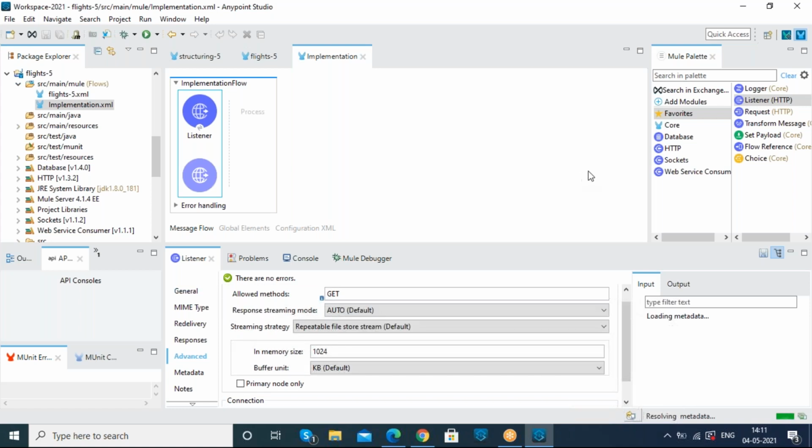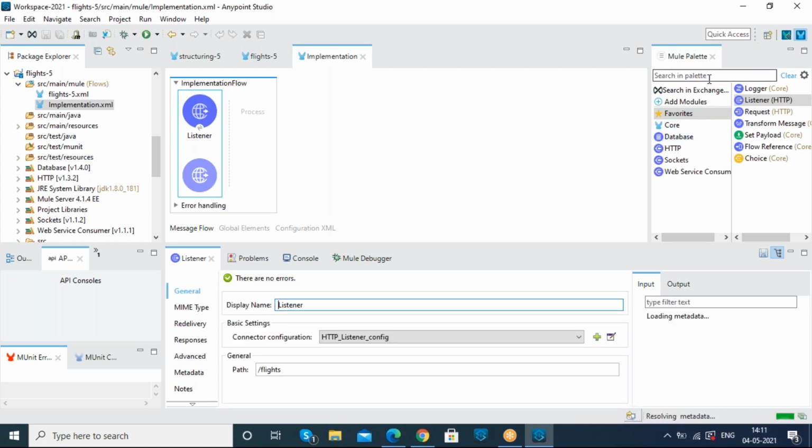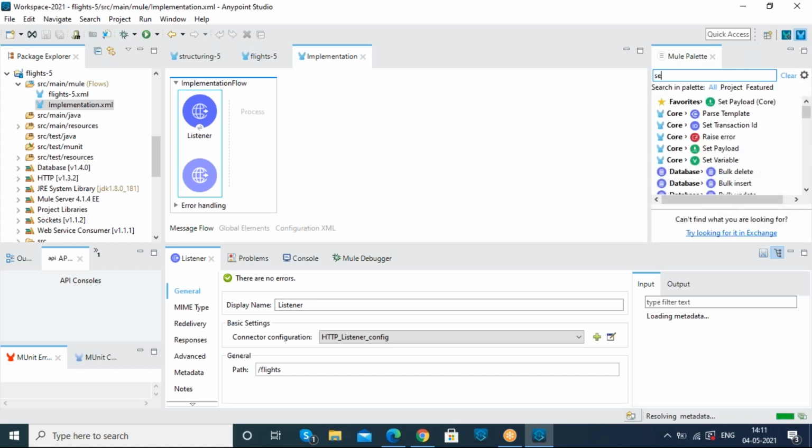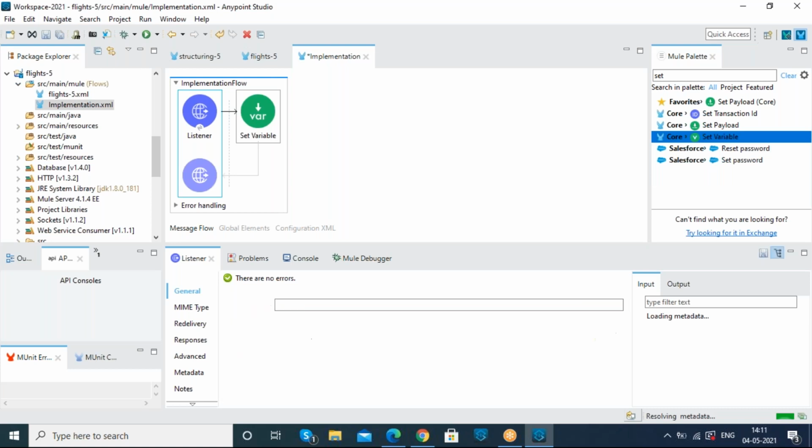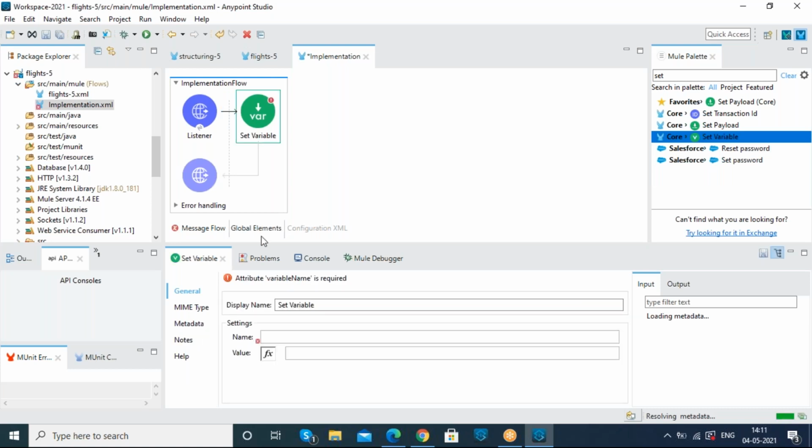So what I'm going to do now is create a variable, where I'm going to name it airline. Whenever I type airline equals American, I want to get the total American data as our response.